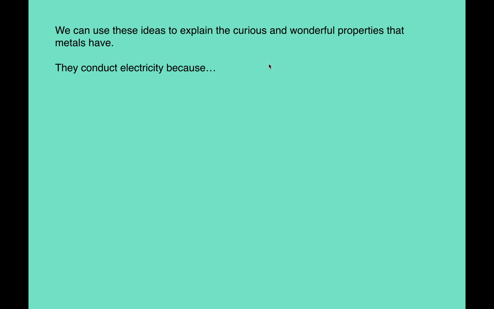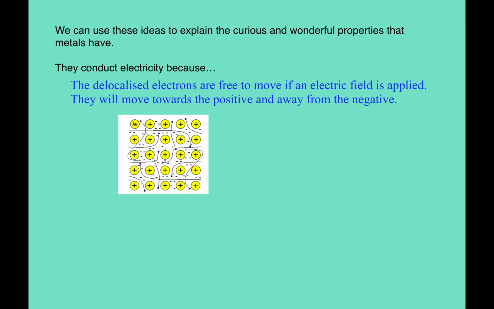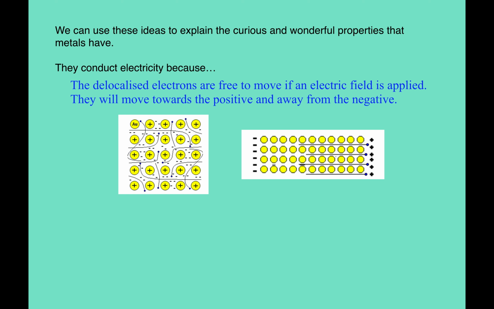Let's try and use these initial ideas, this basic concept of metallic bonding, to explain some of the properties. So, why do metals conduct electricity? Well, they conduct electricity because the delocalized sea of electrons are free to move. These electrons are shooting around randomly, and if I apply an electric field across the metal, with this the positive end and this the negative end, then the electrons, well,